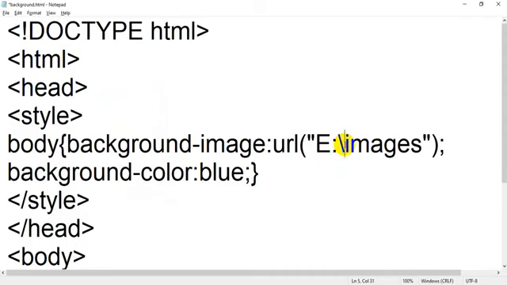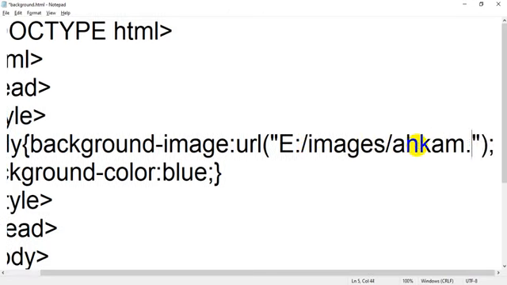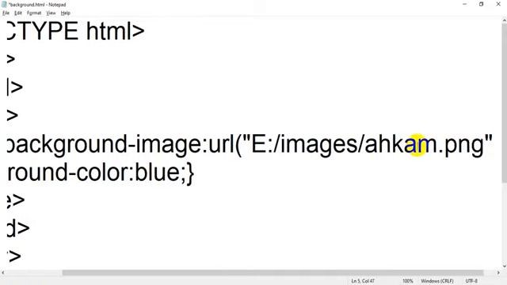So just replace your backward slash with forward slash. Okay, then after images give one forward slash, then you have to write the name of the file, acom.png.